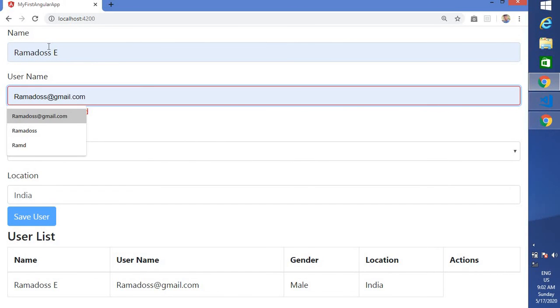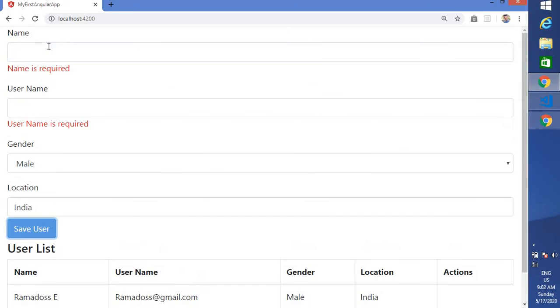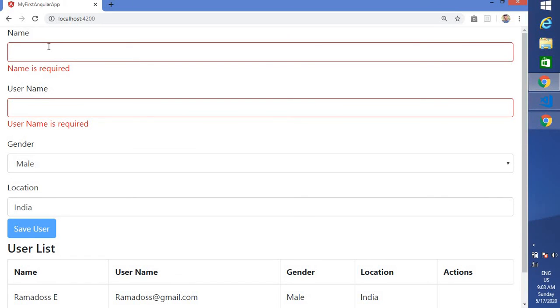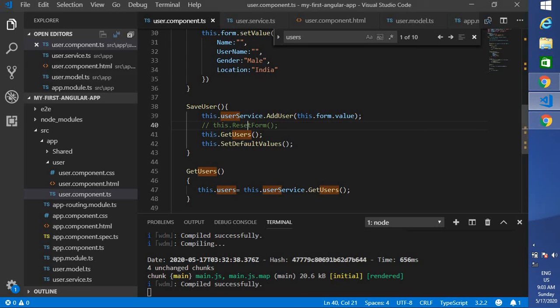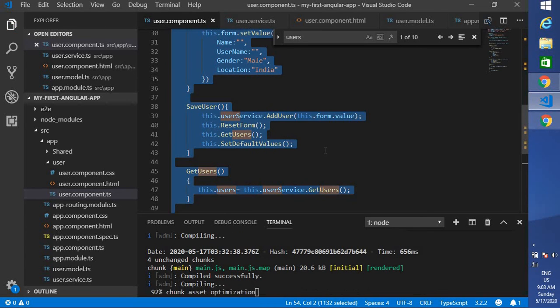Now let me show one more way. Let me save it. This is the problem that comes if you didn't use a reset form. You reset the form, but it requires a value for that. That's the reason: first use resetForm, later assign a default value for that. This is the proper way.